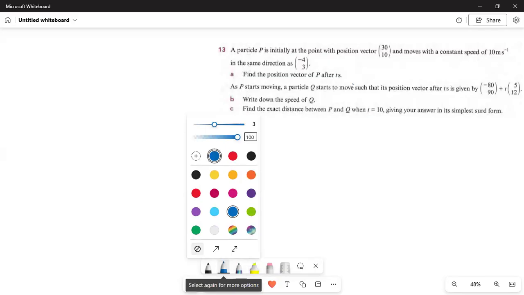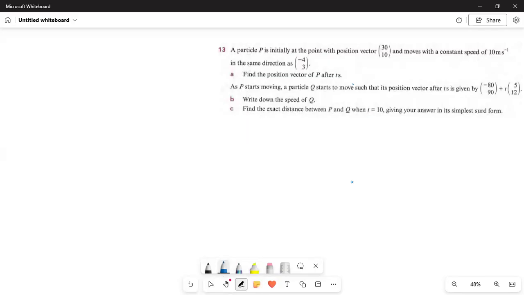A particle P is initially at a point in the position of this and moves with a constant speed of 10 meters per second in the direction of this vector. Find the position vector of P after time t. Okay, so the A part is that